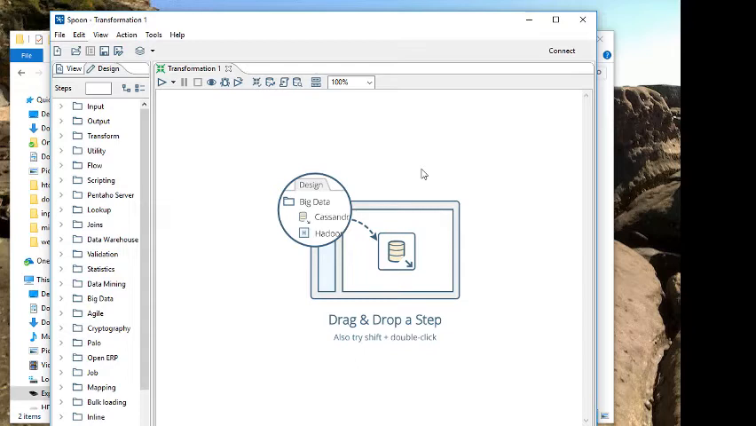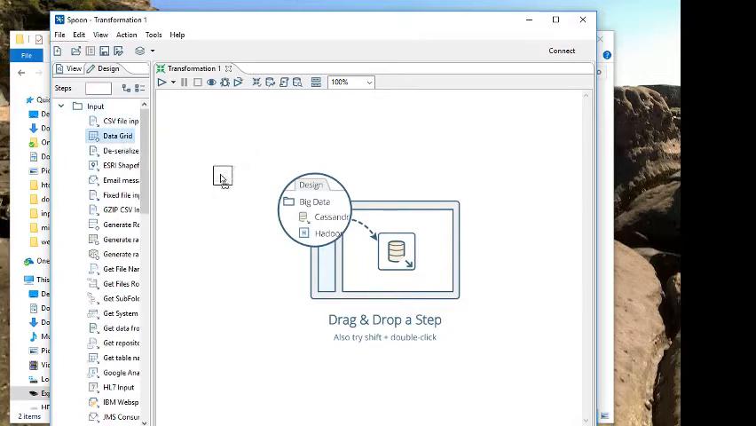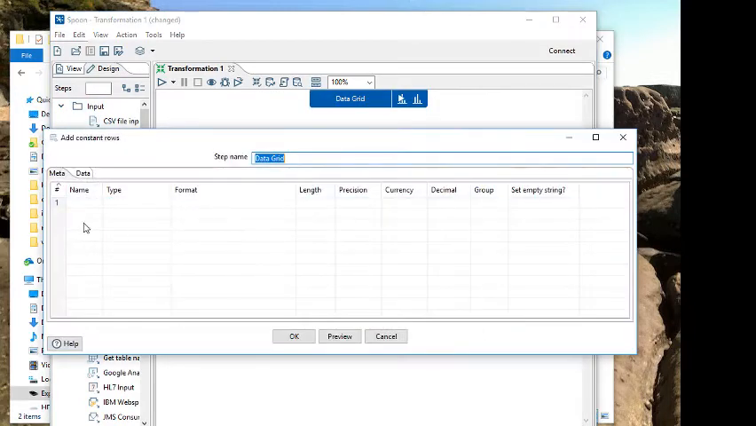Even though it looks like you have a path going through them, the important thing to remember is that everything is running in parallel, which is one of the great strengths of Pentaho's tooling. So what I'm going to do first is get myself a data grid in here because I'm going to put in an arbitrary